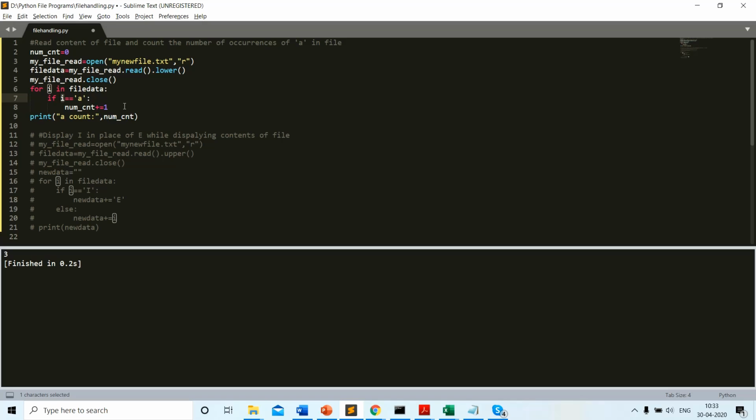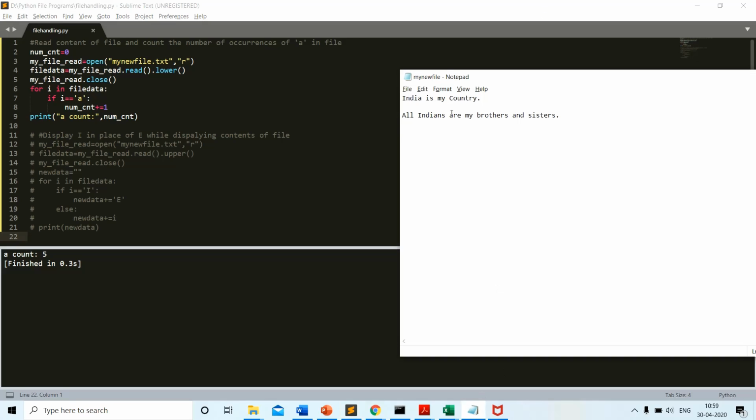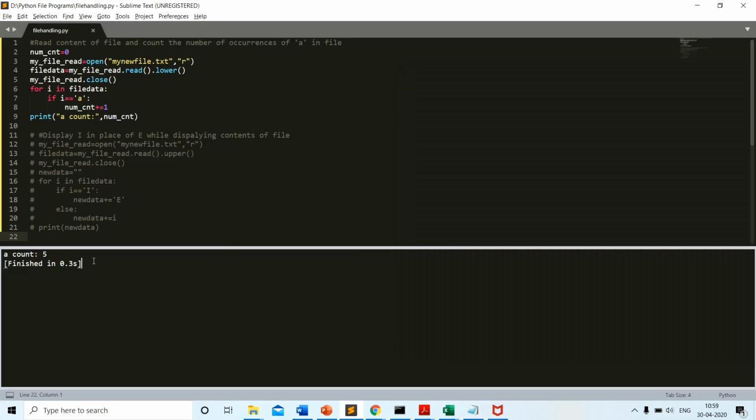This loop variable will advance in each step of the for loop. First it will point to the first character, second it will point to the second character, and so on. So when this loop ends, we will be getting the count of the letter A in the text. After running this piece of code, I have got the total number of A's in my program as 5. We'll just see whether the count is matching with the data. I'm just counting the number of A's: 1, 2, 3, 4 and 5. It is matching with the output which I have received.